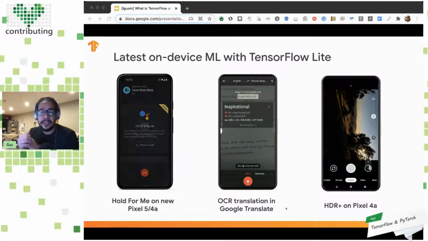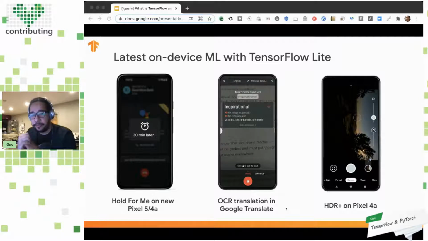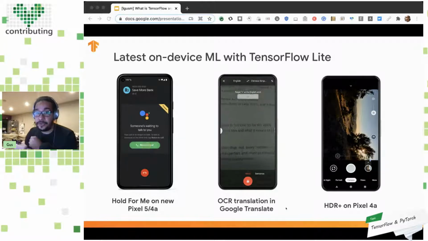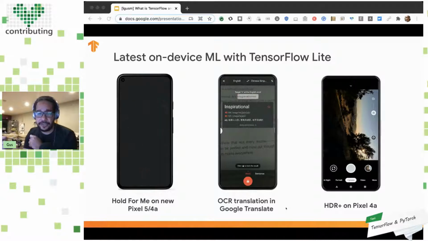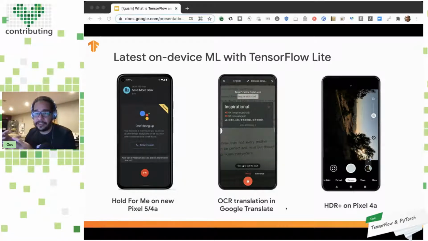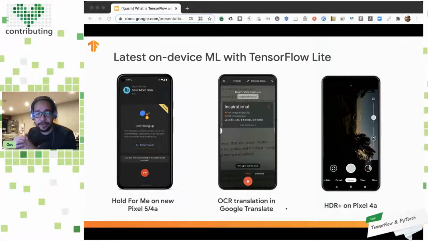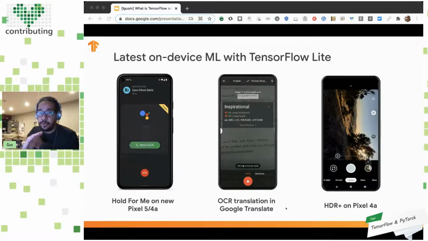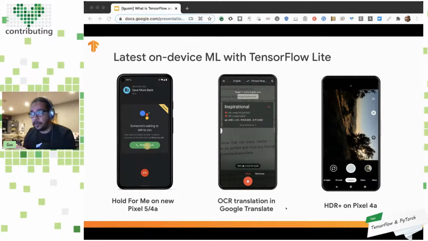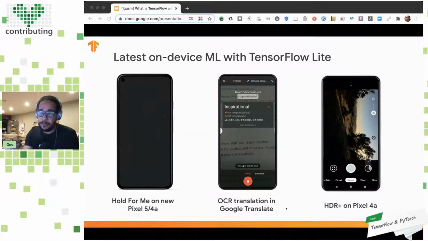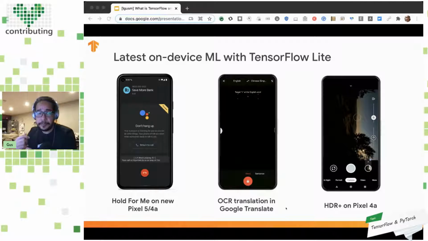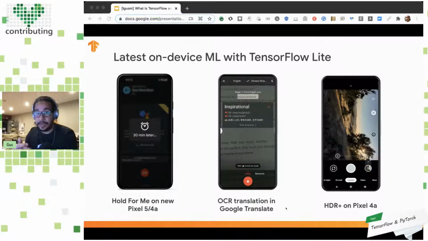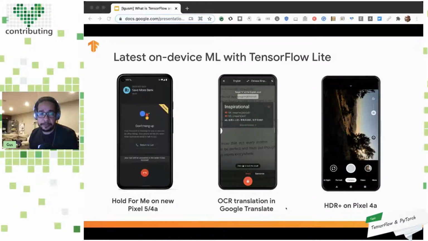Of course, machine learning. And we also have the HDR Plus camera from Pixel devices, which uses machine learning, just like the night vision, where you take pictures in a very dark environment and it will make it better for you. All of this is machine learning, and this specifically runs completely on your device. They work completely offline. If you put on airplane mode, all of them will keep working, right? So you don't need any connectivity to make them work, which is also another advantage here.